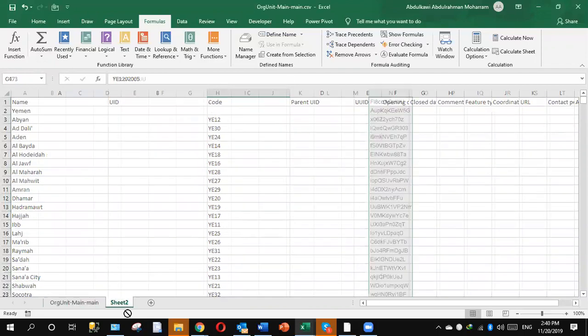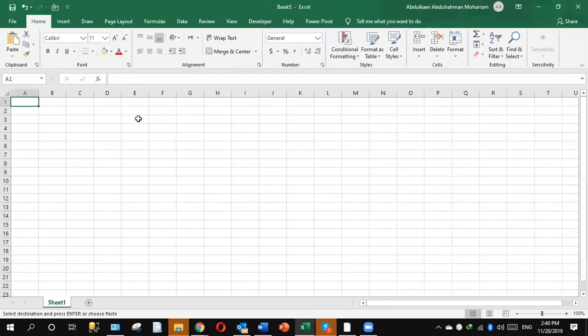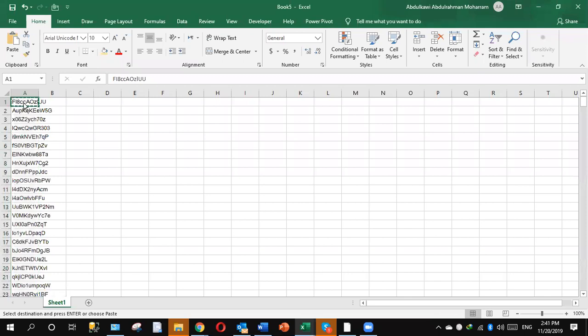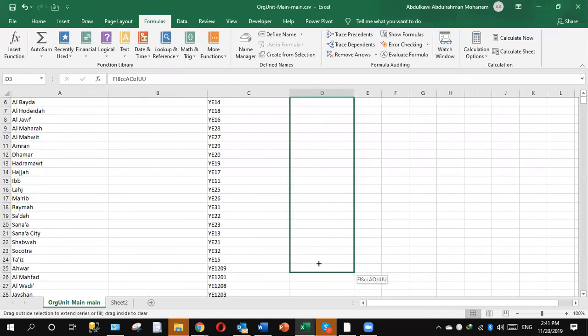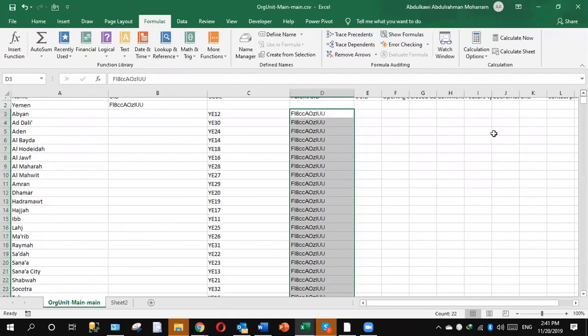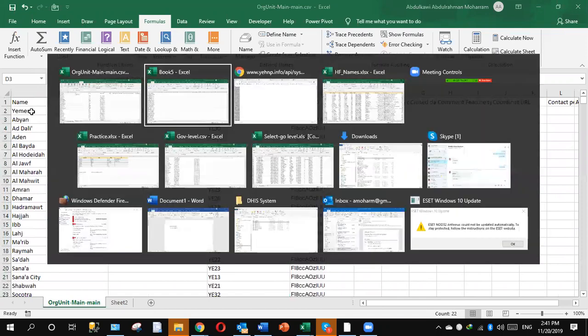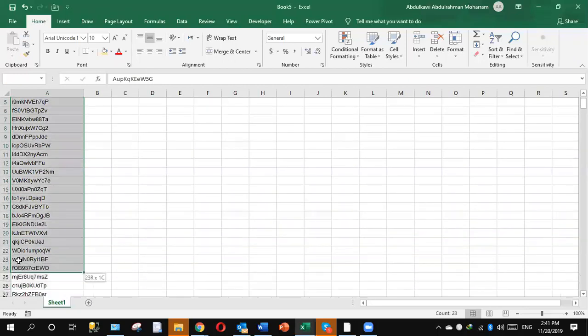Take the IDs you already generated, and assign the first ID for the first level, which is Yemen. When you assign this ID for Yemen, you have to copy it as the parent ID for all governorates. Okay, is it understood now? Yes, thank you. And now you have to assign the 22 IDs